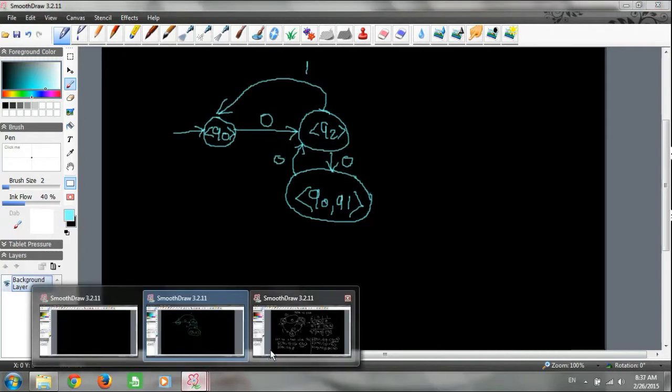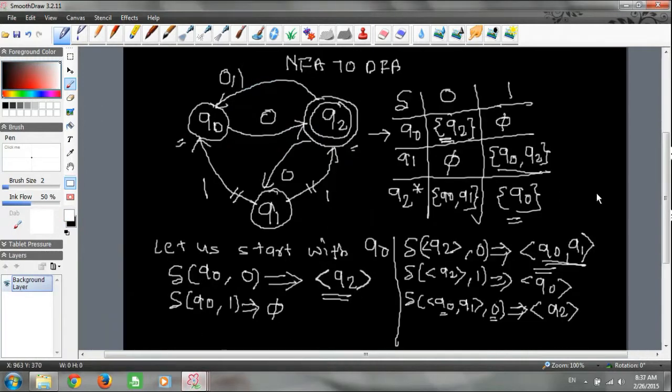Q0, Q1, fine. Let's expand for 1. So delta of Q0, Q1 on 1, where does it go? Q0 on 1 is phi, and Q1 on 1 is Q0, Q2. So what will be the answer? Q0, Q2.